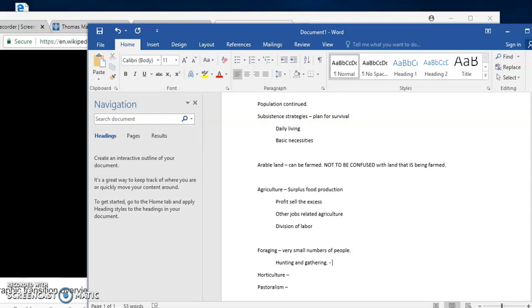Hunting and gathering is all of the flora and fauna that a geographic location allows you to have, okay? I don't know how to spell fauna, obviously. I'll have to ask Siri, and I don't think I have Siri with me. Anyway, so however you spell fauna, is it that way? There we go. Okay, so foraging supports a very small number of people because, here's the catch, it's completely sustainable,